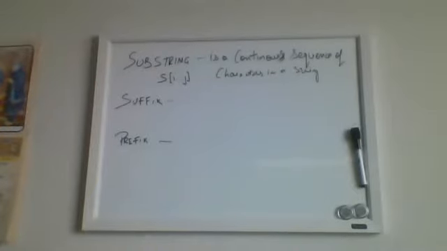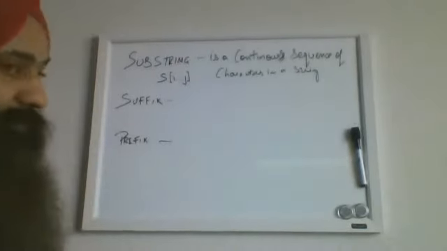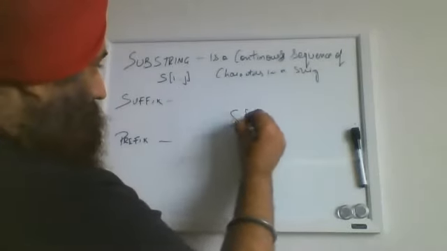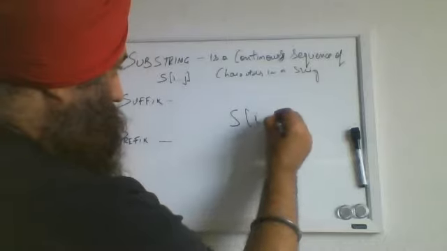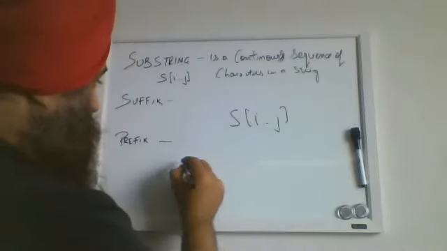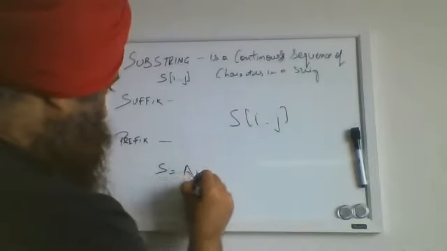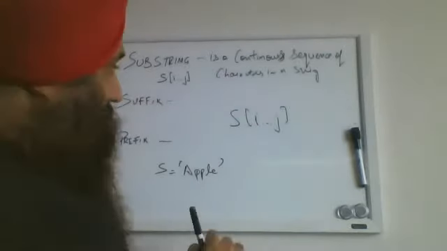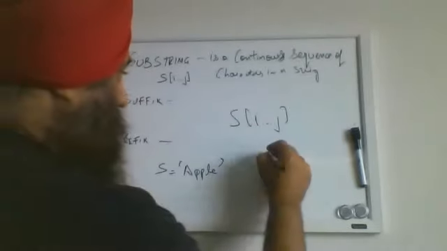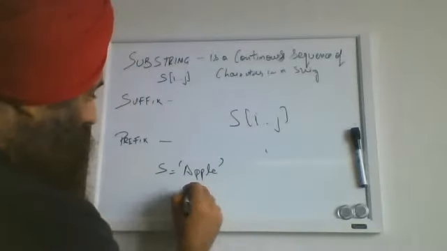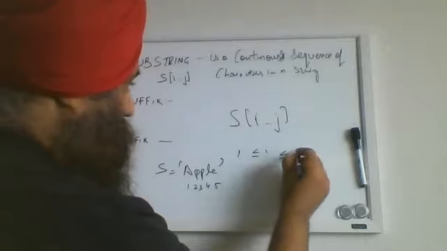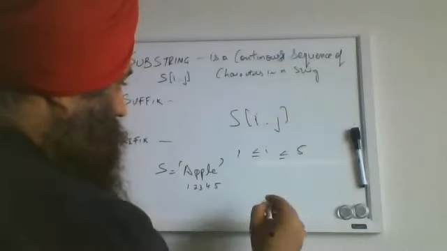First thing I'm talking about is substring. A substring is a continuous sequence of characters in a given string. A substring is denoted by S i to j. It means, if there is a string, say S is equal to apple, then a substring will be represented by S of i to j, where i has a value. Suppose apple, you start counting at 1, 2, 3, 4, 5. So the range of i is, and j is,